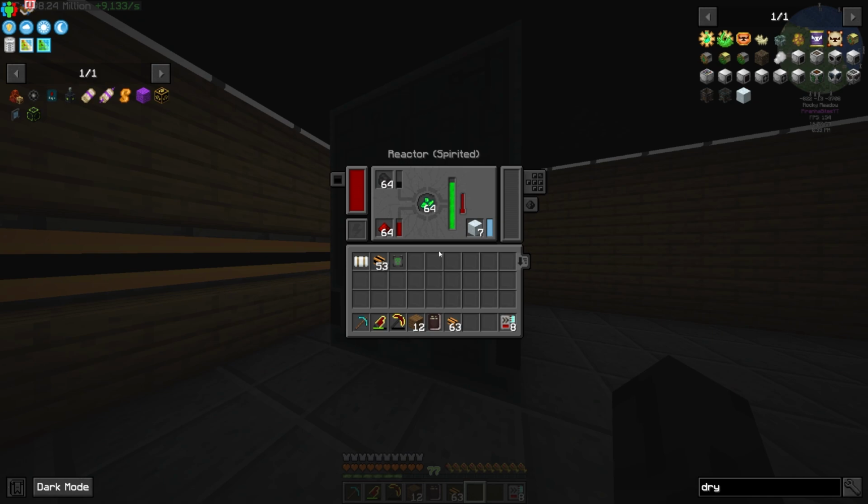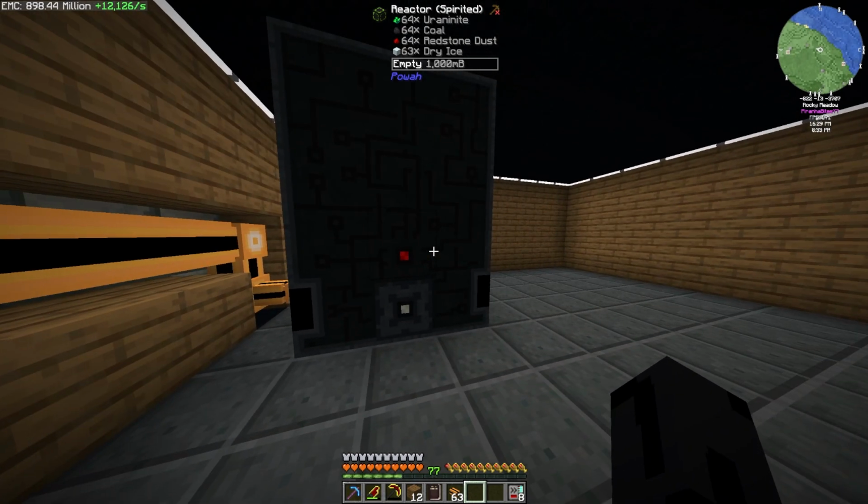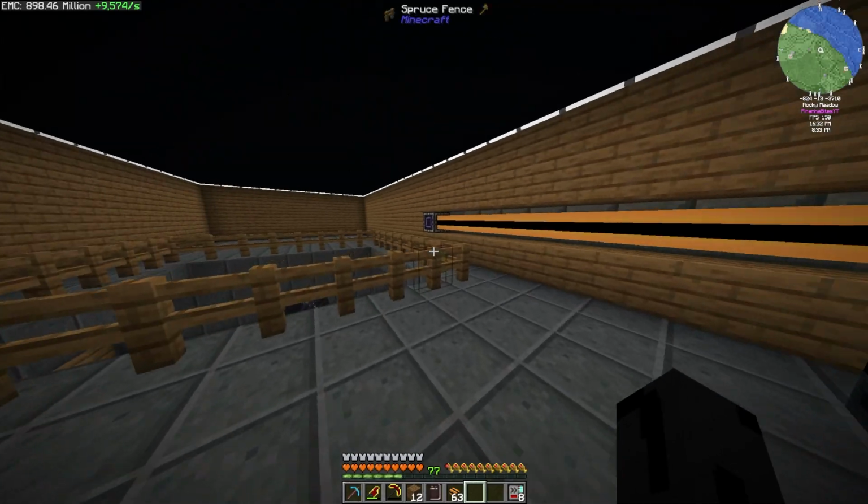Is this now generating power? Yes, it is. It already has 200k FE stored. So that's everything that we need in there. It has no fluid, which is fine. We can have auto mode on. Then that'll work. And now we just need to connect it to our power, which